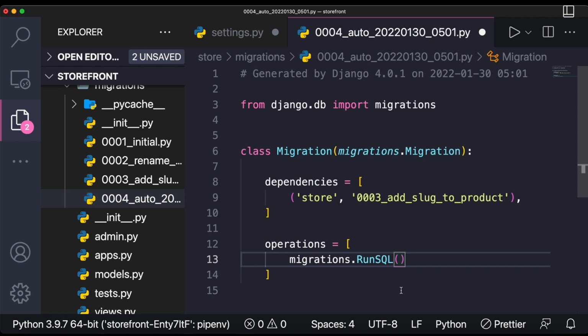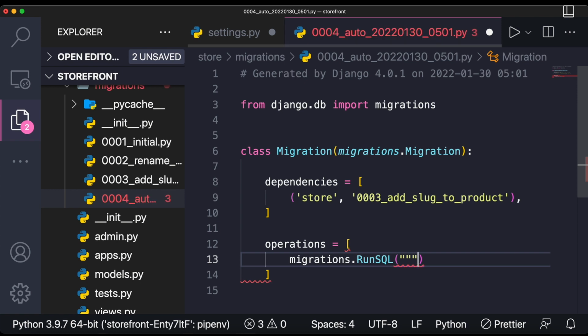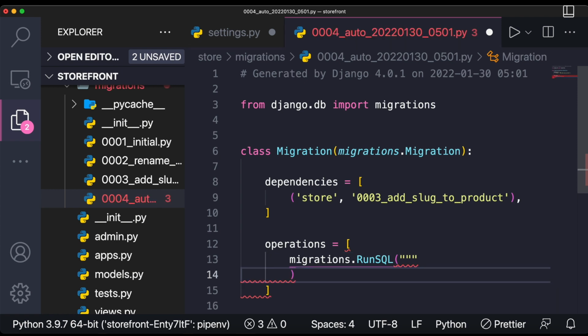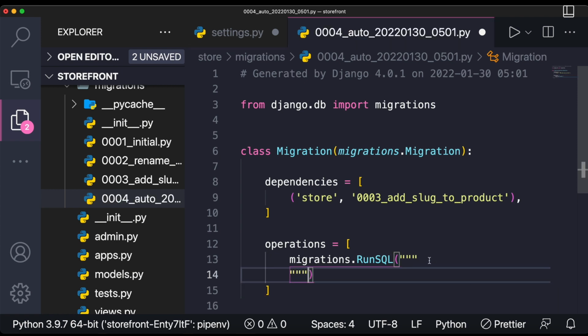So now we will create an instance of this class. Okay, so here in the constructor we have to supply two statements, SQL statements. First is for upgrading our database, which we are going to write. So मैं लिखूँगा यहाँ पे triple quote, ठीक है, और एक और triple quote, और इसके बीच में हम लिखेंगे अपना code, ठीक है। तो पहला है, सबसे पहले बोलो कि insert कर दो,